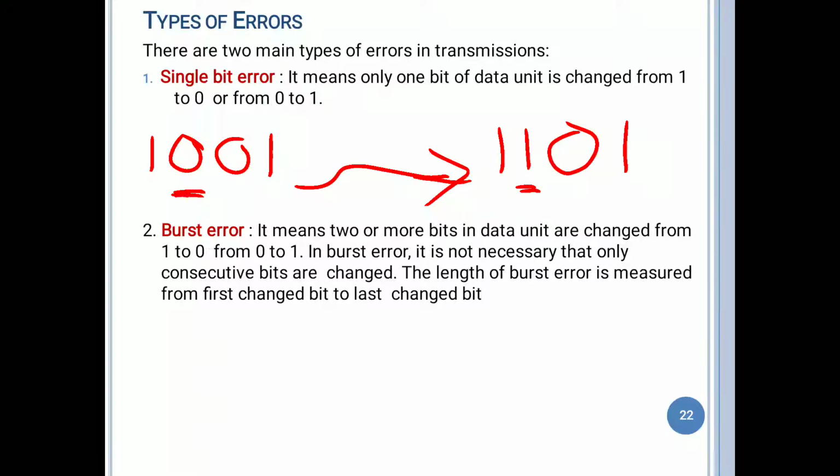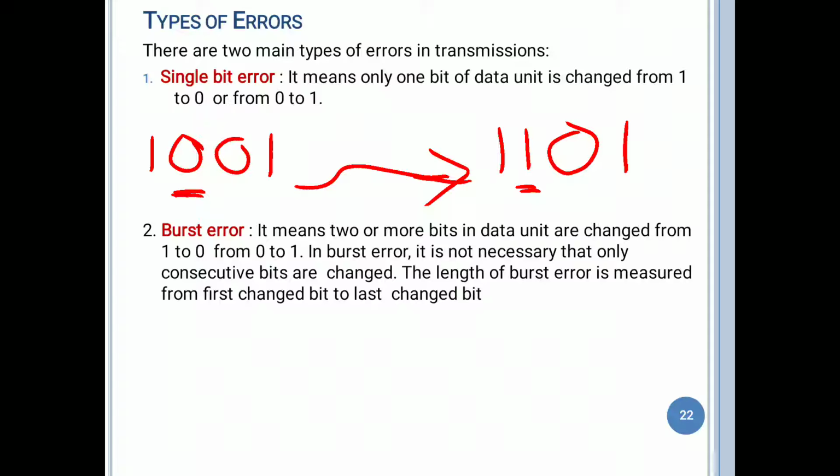So here, if you observe, only one bit in the complete data is changed. Like this, if one bit of the data unit is changed from 1 to 0 or 0 to 1, that error is called a single bit error.